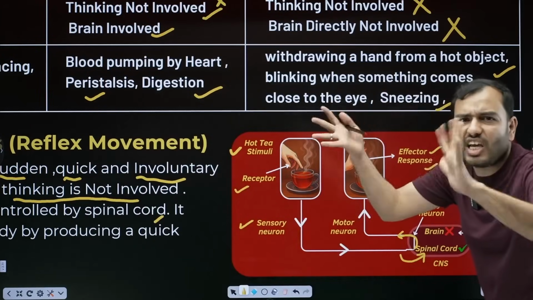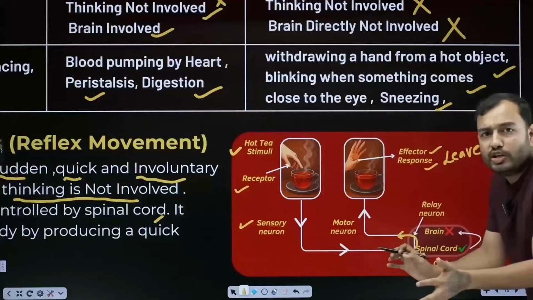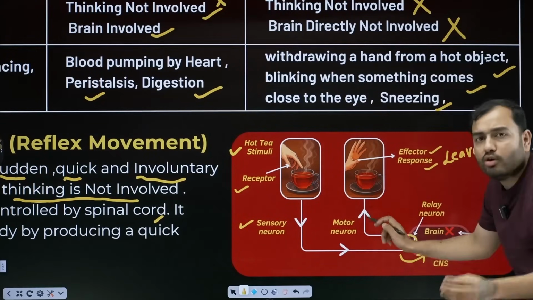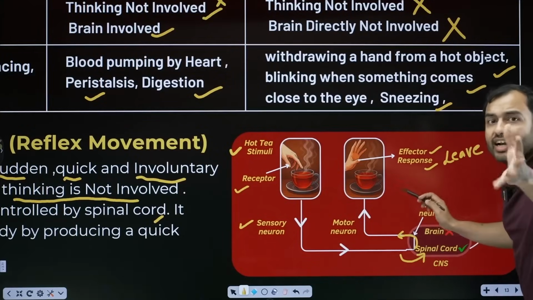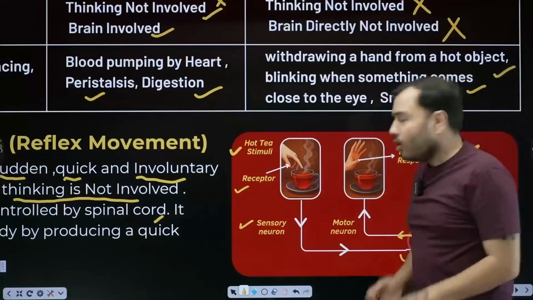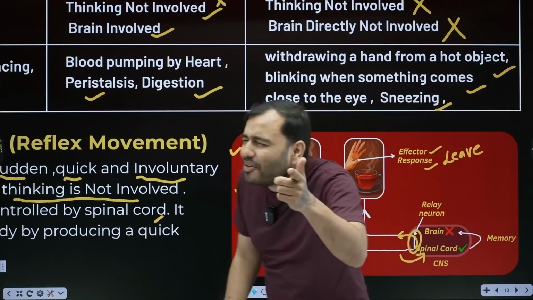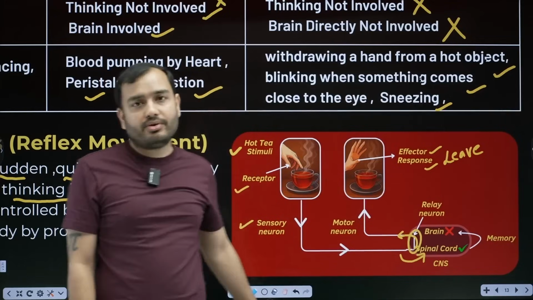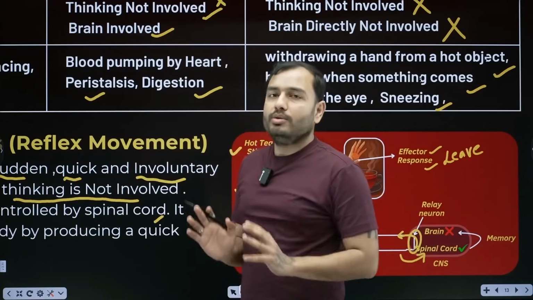Will the spinal cord go to the brain? No, there is no time. It has to save him quickly. The spinal cord took the decision itself and sent the signal back through the motor neuron saying, bhai, let go. The signal reached the effector muscles, again the hand. And what response did the effector give? Leave it. And the neurons in between, what are they called? Remember that? Say it: relay neurons. The brain is not involved in this, but the spinal cord is a good home minister.